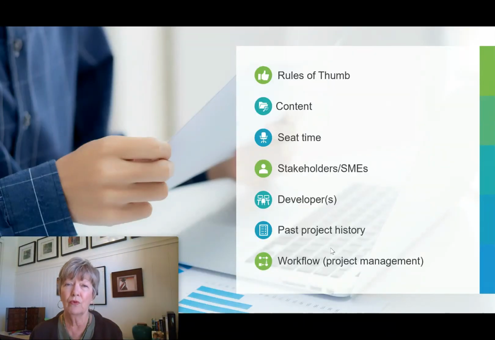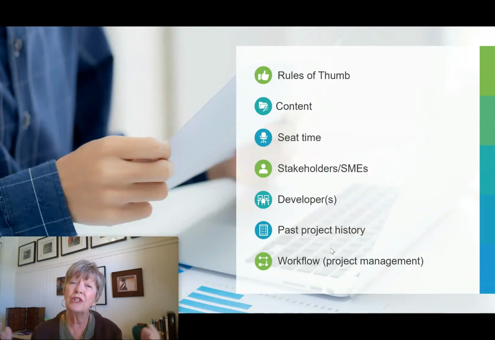And there are rules of thumb. First of all, what is the content? Is the content informational primarily? Well, that's a little easier to develop and will take less time. And you need to know what that might be. The content could be more technical, and because it's more technical, it may take more cognitive effort to bring it down to a neophyte level to make the training understandable. So it takes more time to develop more technical content.